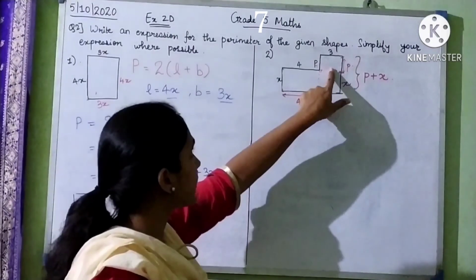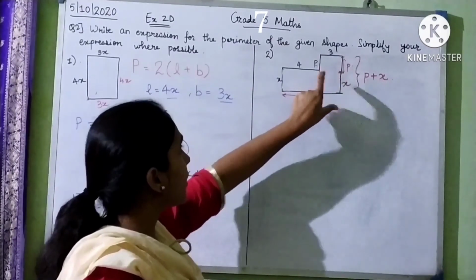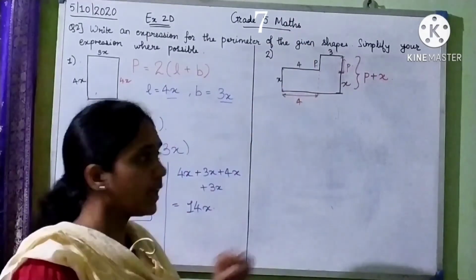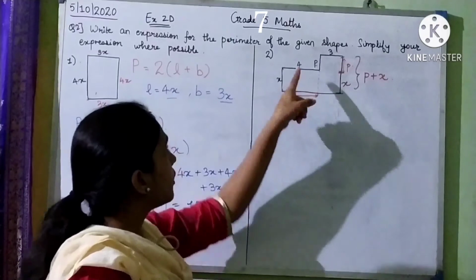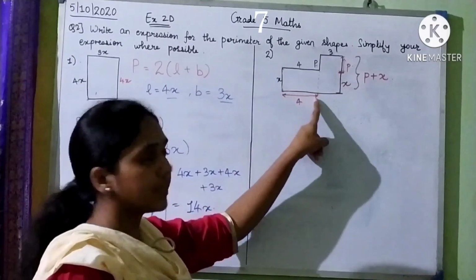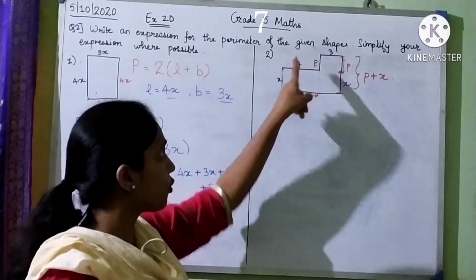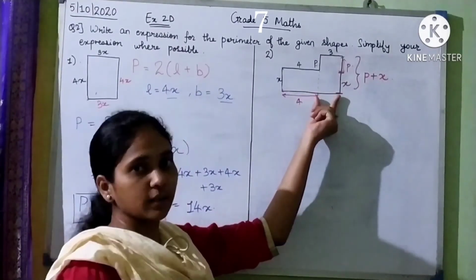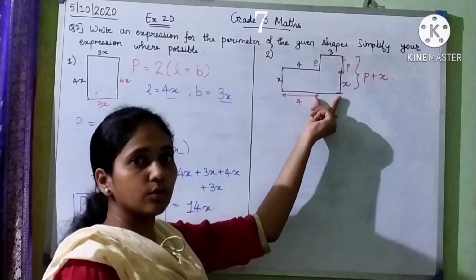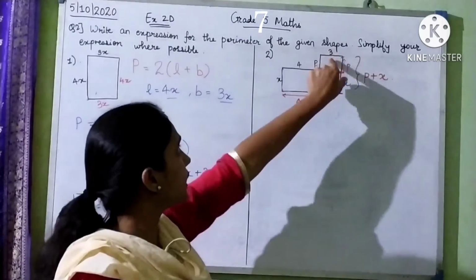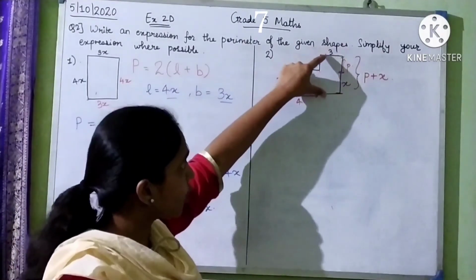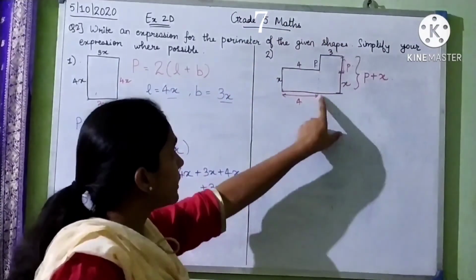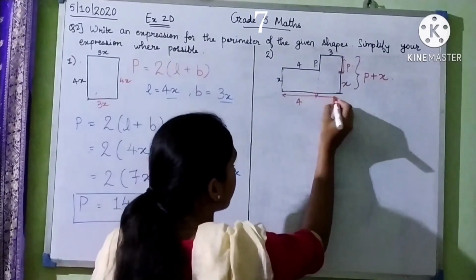Now leave this rectangle. Now we are talking about these two rectangles. This is one and this is the second one. So for this rectangle, this 4 and this much side are opposite. So if this is 4, this side is also going to be 4. Now this much part is opposite to what? It is opposite to this 3, right? These two are the opposite sides of the rectangle. So if this side is 3, this side is also going to be 3, right?